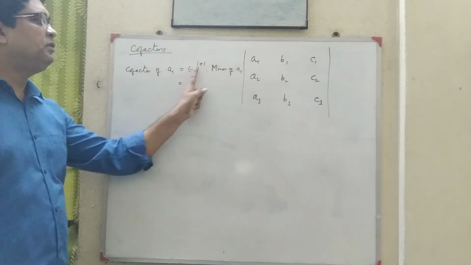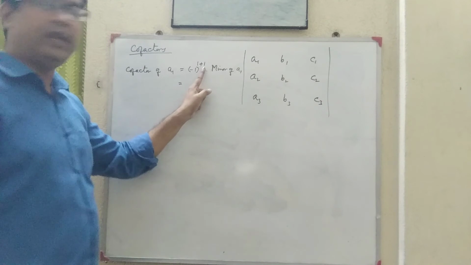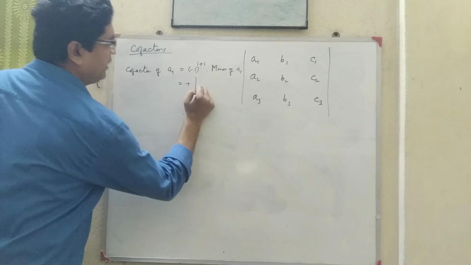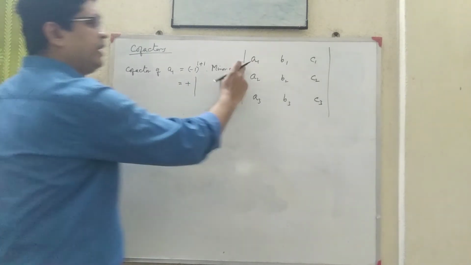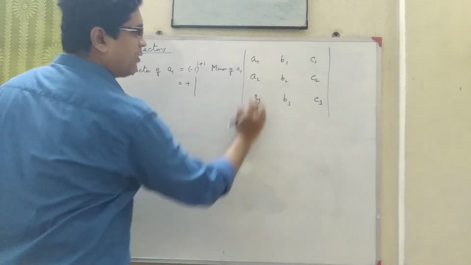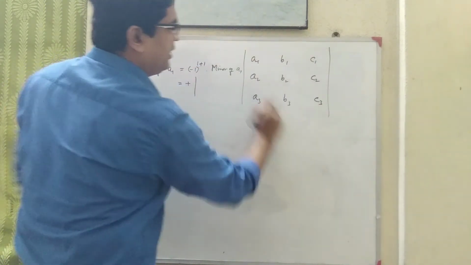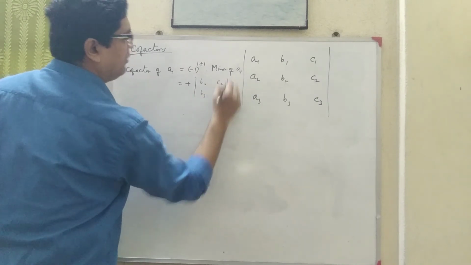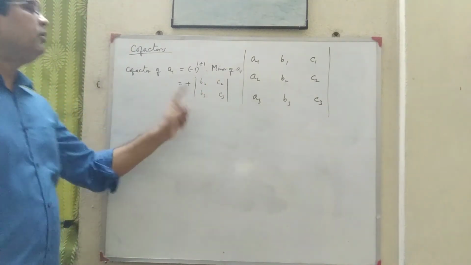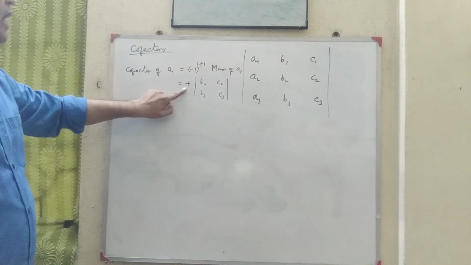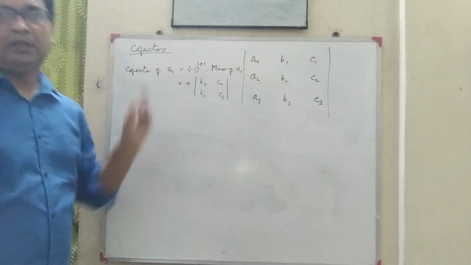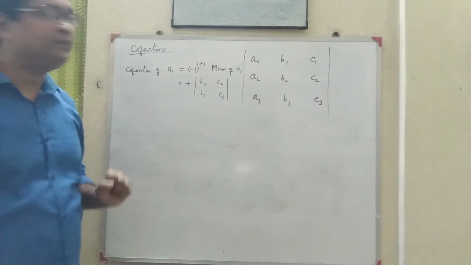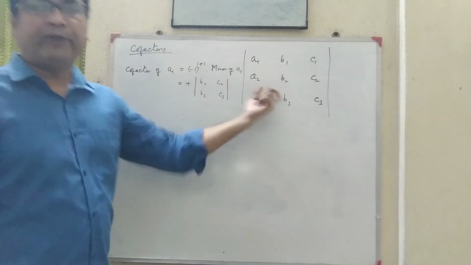Now -1 to the power 1 plus 1, that is 2, an even number, and -1 to the power of an even number means plus, so it will be a plus sign. And for the minor of A1, as I said, you cover the first row and the first column, and the remaining elements, that is B2, C2 and B3, C3 in determinant form, will represent the minor of A1. The proper sign before it will be plus, following this rule of sign determination for the cofactor of A1. This way we can find the cofactor of any element in the determinant.